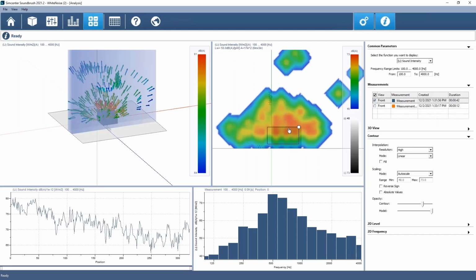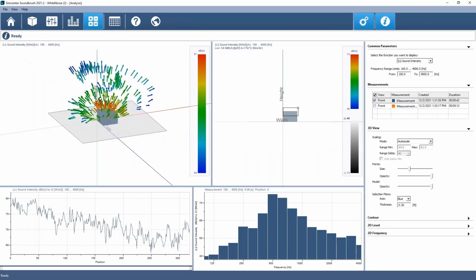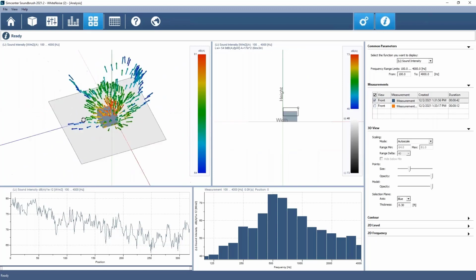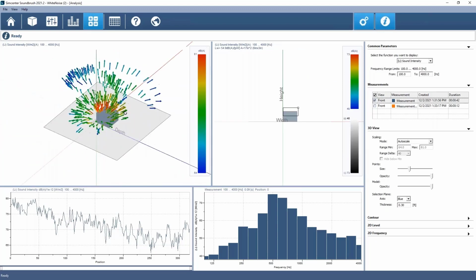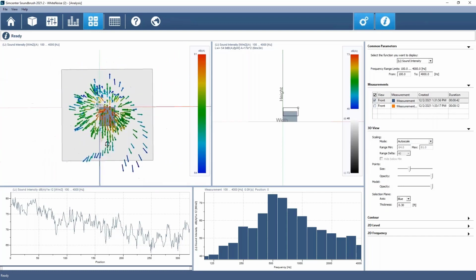I could maybe test a different variant of this same machine, leave this area fixed and place my object in the same position, take another measurement, and then do an A/B comparison, this model versus the predecessor or something like that. Sound source localization, sound power, as well as getting a comprehensive idea of how the sound is emanating around my object, how it propagates away, that sort of thing.